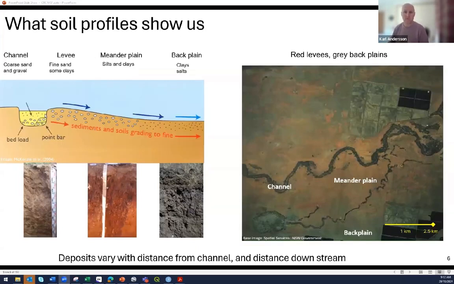We've got these alluvial systems where you can think of the stream carrying particles down, the sands and silts and the clays. As the rivers flood, the sands are heavy, so they drop out, and then you carry the silts and clays over, and you get this natural sorting of your soils. And you can see that again from the air, and you'd be familiar with this sort of stuff. These levees, the sands, and then the redder soils, and then black further away from the channel.